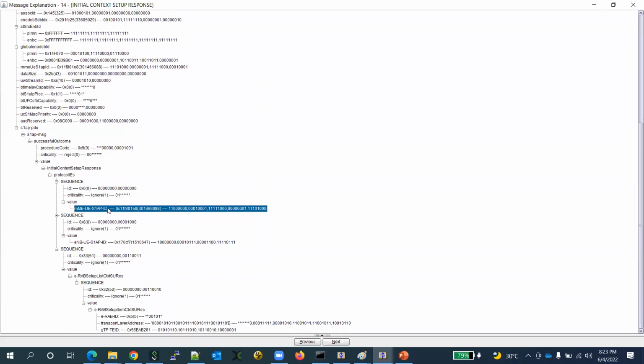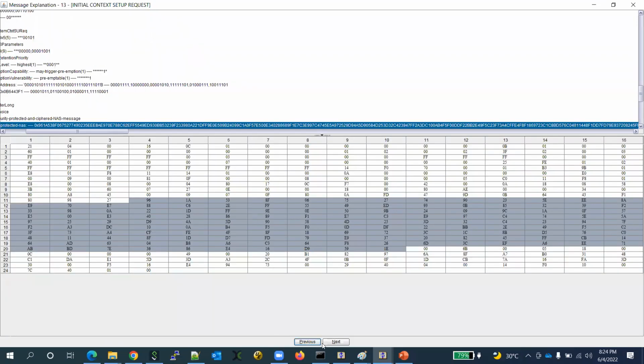Here it is going the S1. It is acknowledging the MME side S1 application part ID and the E node B application part ID. Then it is giving its own GTP tunneling ID, and it is also giving the transport layer IP address. Okay, so this is the IP address of the E node B. E node B is informing, and in the previous message, what you're going to see is,